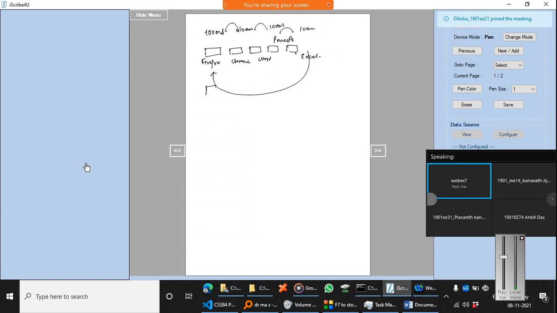Now if I have two processors, let's say this is P1 and this is P2, these are independent processors, so I can run Chrome and Word here, and I can run Excel and Firefox here. What is the advantage? I can switch between these two on processor 1, and I can switch between Excel and Firefox on processor 2. So this is how you can achieve parallelism.